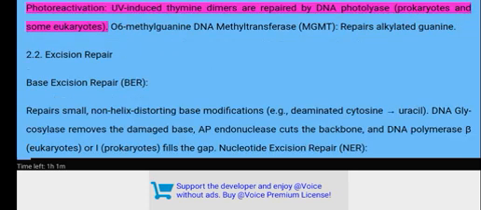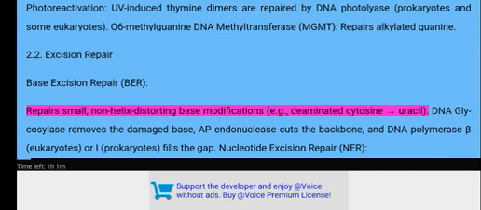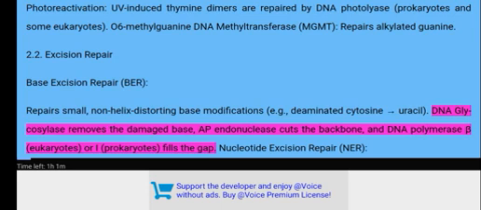Photoreactivation: UV-induced thymine dimers are repaired by DNA photolyase in prokaryotes and some eukaryotes. O6-methylguanine DNA methyltransferase, MGMT, repairs alkylated guanine. 2.2 Excision repair. Base excision repair, BER, repairs small, non-helix distorting base modifications, e.g., deaminated cytosine to uracil. DNA glycosylase removes the damaged base, AP endonuclease cuts the backbone, and DNA polymerase beta (eukaryotes) or I (prokaryotes) fills